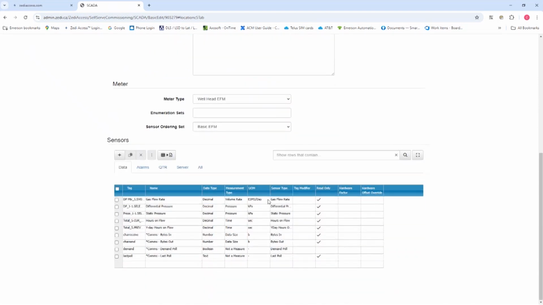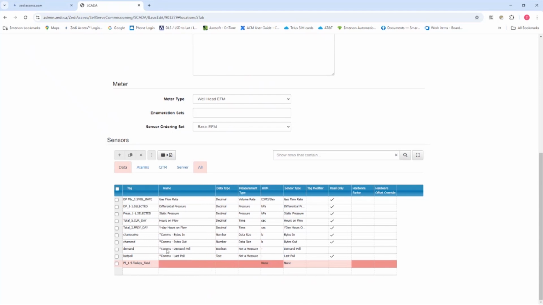The first option is to add a sensor template if one has already been created. Select the plus icon in the top left and select the sensor template available for the company. The second option is to manually add sensors. We will be adding 3 sensors manually in this example. Please note that this is based on our example, and this will vary depending on the sensors needed for your